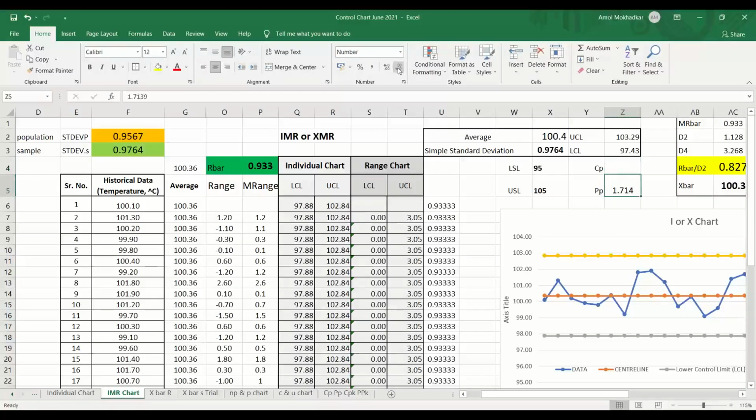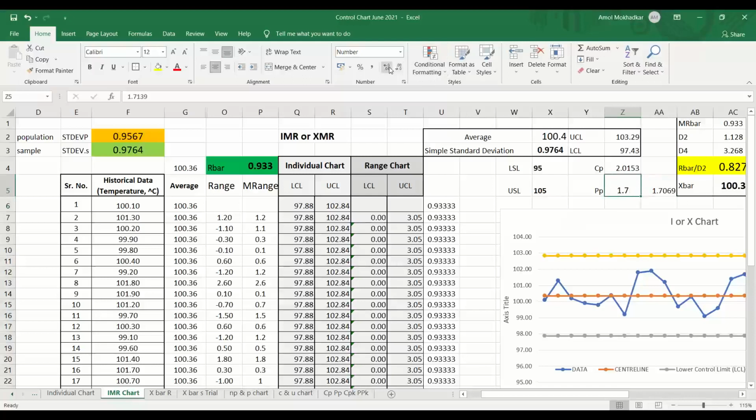That time I took 0.9 as the standard deviation, just for understanding and calculation purposes. Here it is different. For PP 1.7069 and for CP 2.0153. Okay. Why is it different? Both people are getting different values.